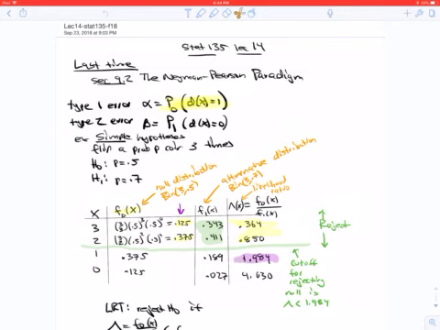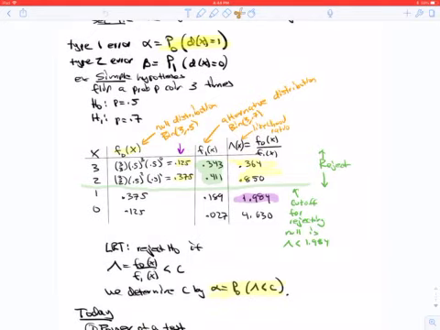If you have a simple hypothesis, such as, when you flip a p coin 3 times, the null is that p is 0.5 and the alternative is that p is 0.7, that's called a simple hypothesis because the alternative and the null are single values. We saw last time that we can write out the likelihood ratio, which is the ratio of the null density to the alternative density,